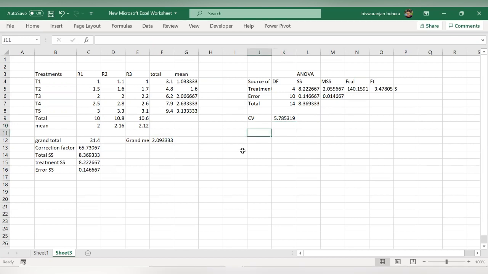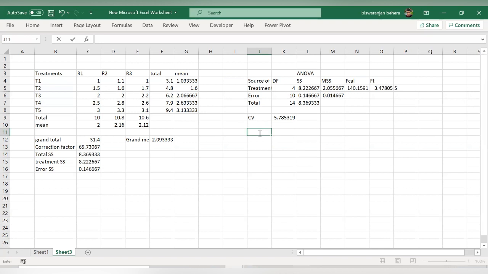Okay. So till now we have completed the ANOVA, and from ANOVA it is clear whether our experiment is significant or not. If our experiment is significant, then whether the difference between two treatments is significant or not is needed. So for that we have to calculate the critical difference.